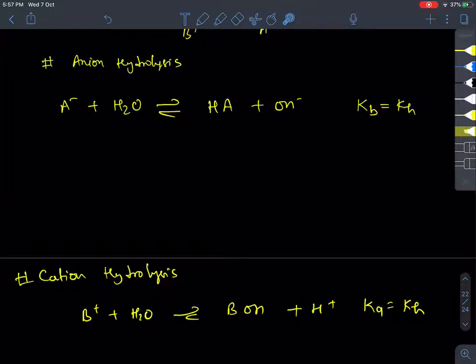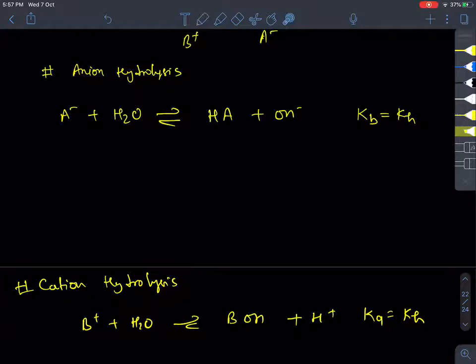Now there is one thing which you need to understand. Suppose only and only hydrolysis of anion is taking place, there is no cation hydrolysis in a salt. The cation, suppose, is very weak and it is not hydrolyzing water, but the anion is hydrolyzing. Now, if the anion is hydrolyzing, then you will get the same equation which you got for the weak acid. Here, instead of alpha, we will use the degree of hydrolysis, the symbol H. So C minus X, it will be X and X.